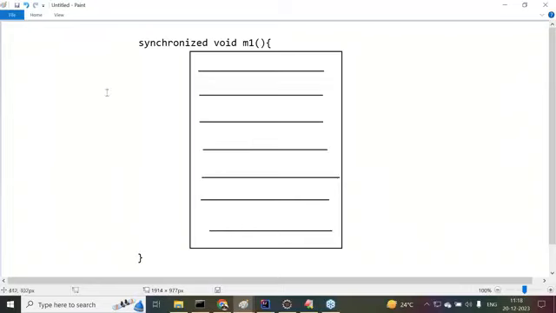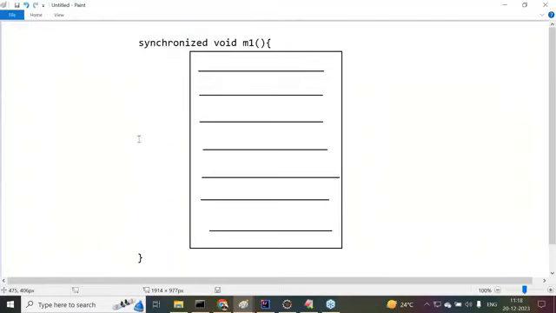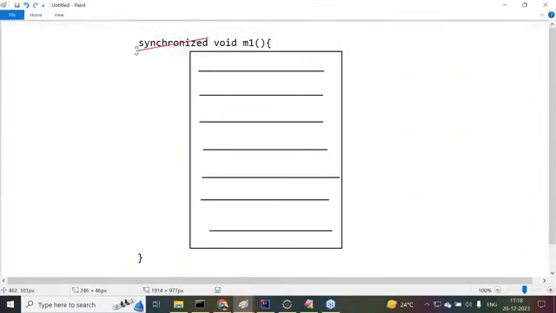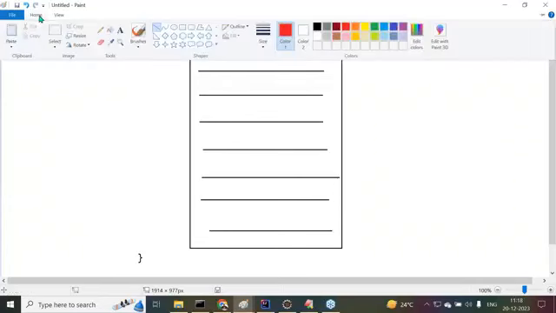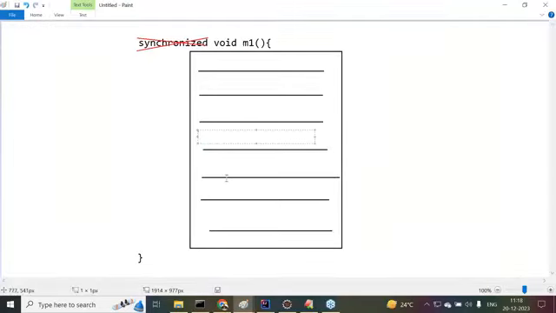So because of this reason, to provide synchronization up to the required part, instead of providing it throughout the method, we have to use a synchronized block. There we have to use what? A synchronized block. Now see this one. Now what is the point I'm telling? I require synchronization now from this point to this line only. So here, in this line, we can provide